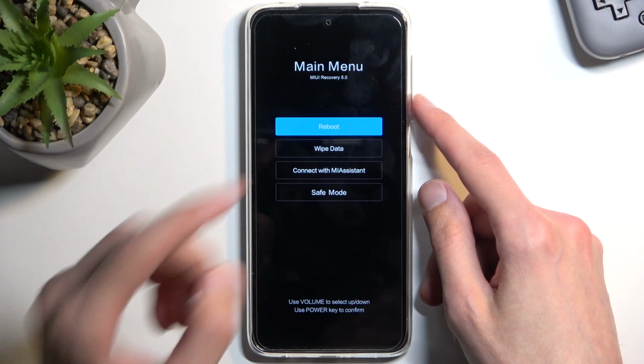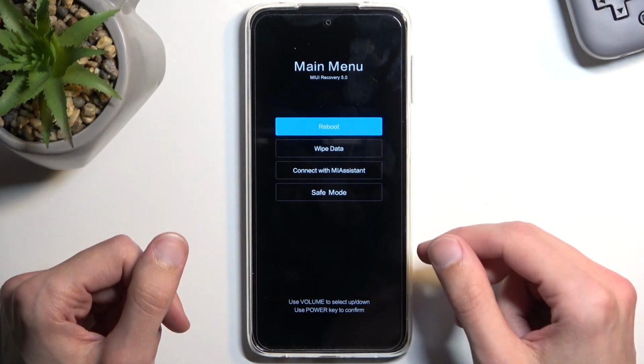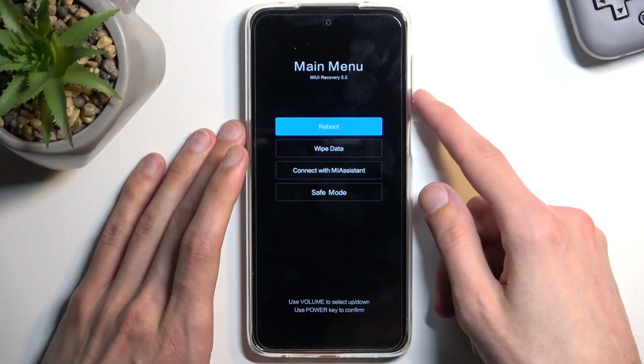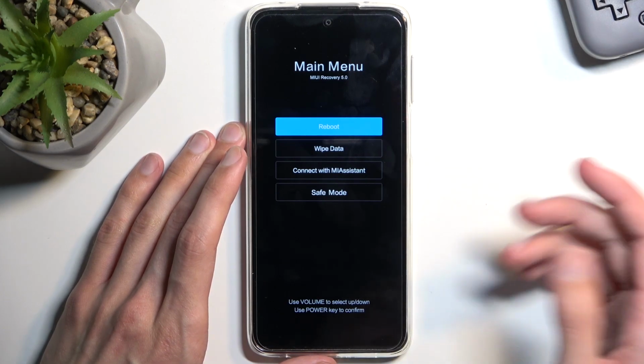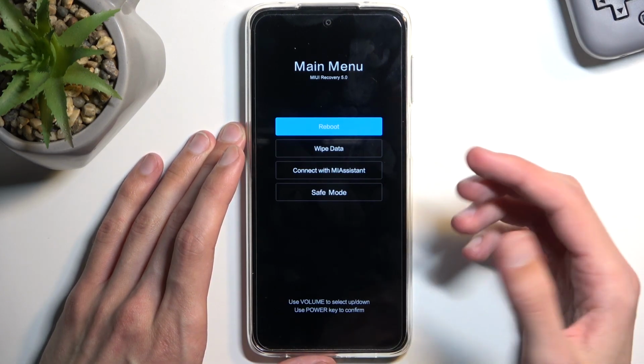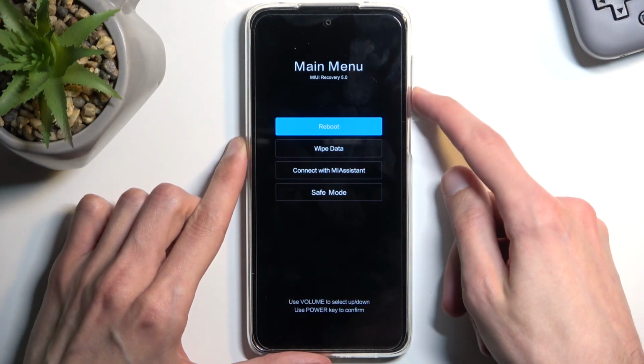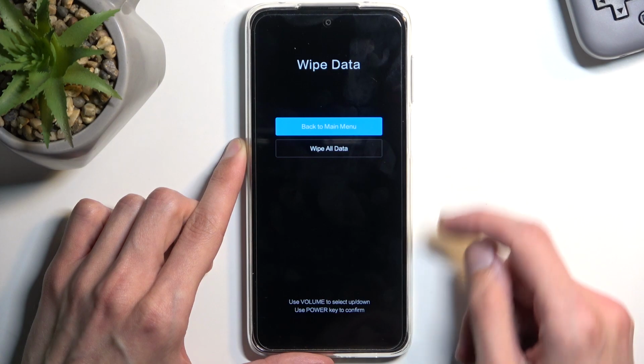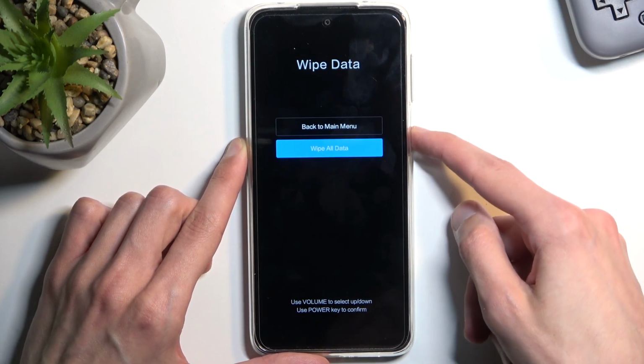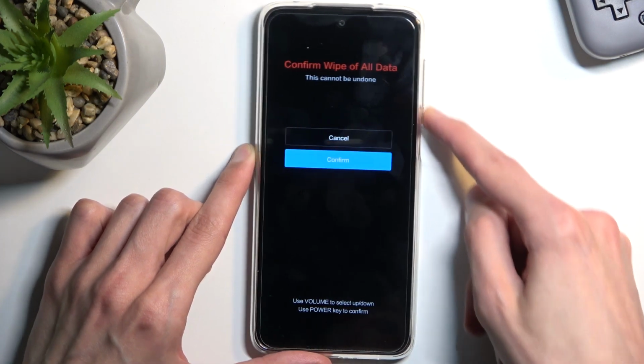Now, once we're in here, obviously you want to let go of the power key and volume up. If it went a little bit further like it did for me, just using volume keys, you want to select to go back, and power key confirms that option. And in here, we're going to select wipe data, wipe all data, confirm,